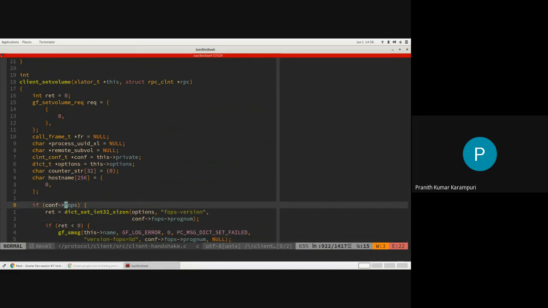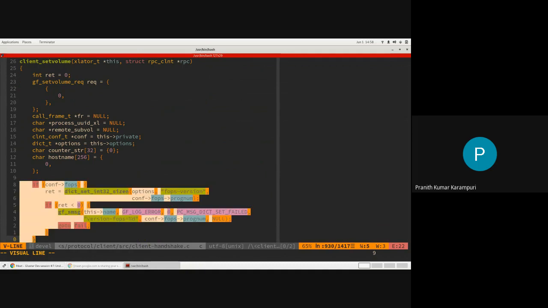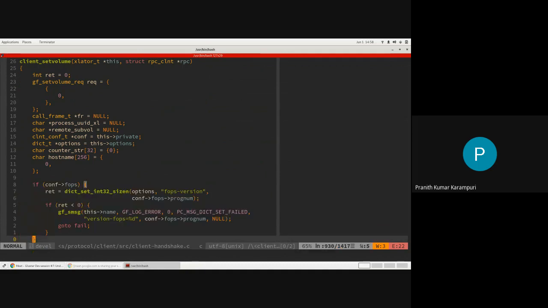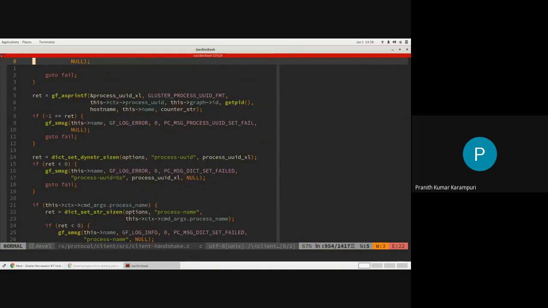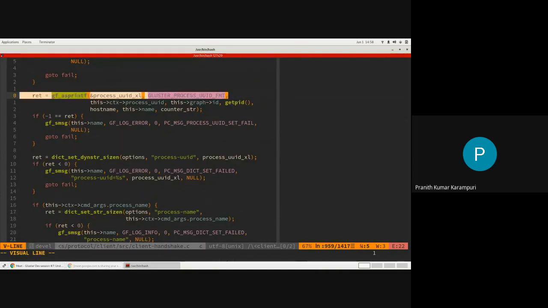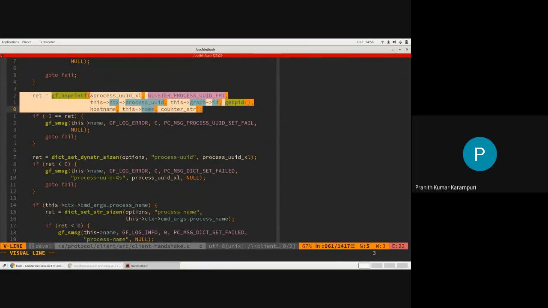It actually has to set up some options, FOPS versions, management version, and the client ID, which is unique for a client translator. So it always makes sure that a client ID is unique.